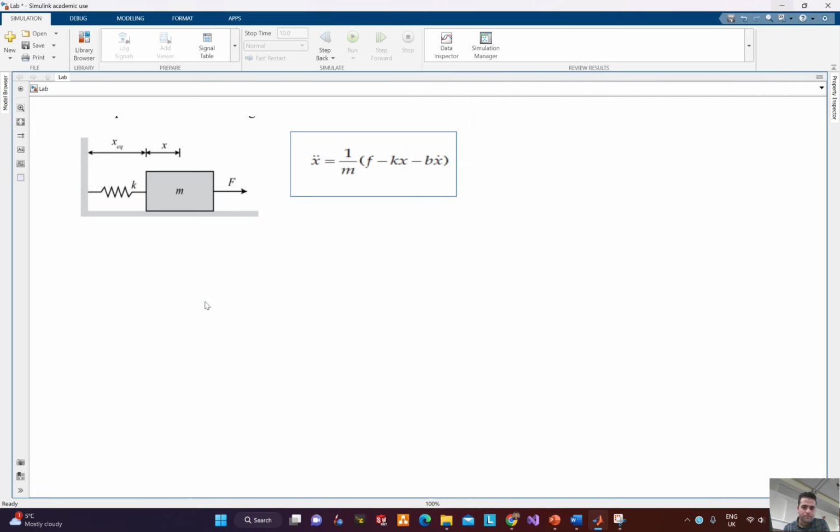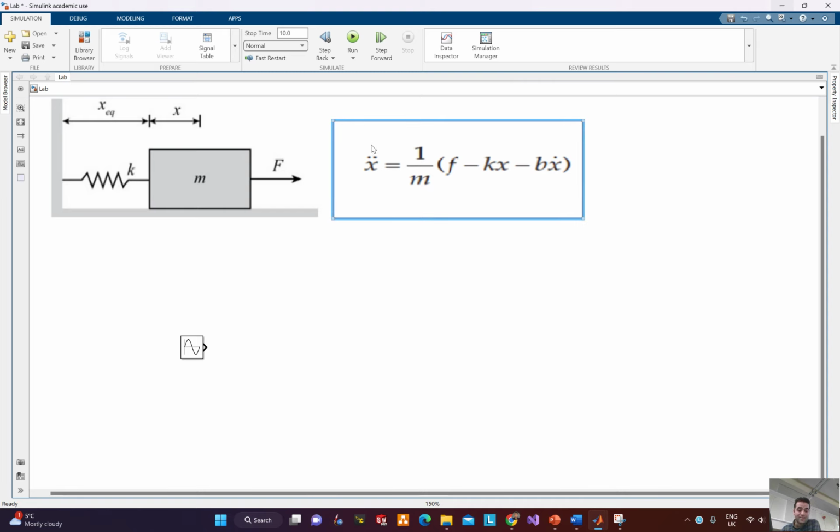Okay, so just look again at this mathematical equation. We have acceleration, and the acceleration equals 1 over m, and force. We import force here, and we have a k, which is the spring. And if you see from f and k, there is a negative sign. So how can we model the negative sign? It's super easy. You can sum,